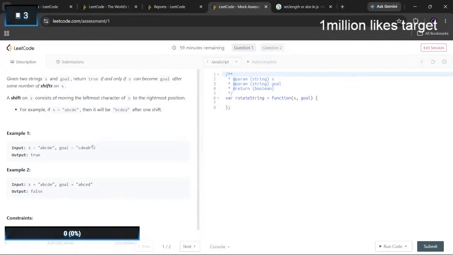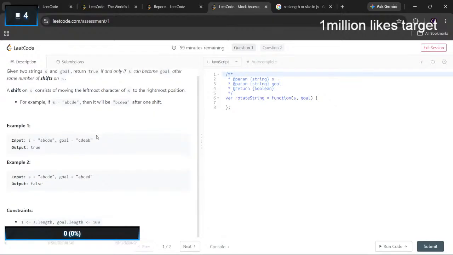What does it say? Given two strings s and goal, return true only if s can become goal after some shifts on s. Why can't my ABCDE become goal?